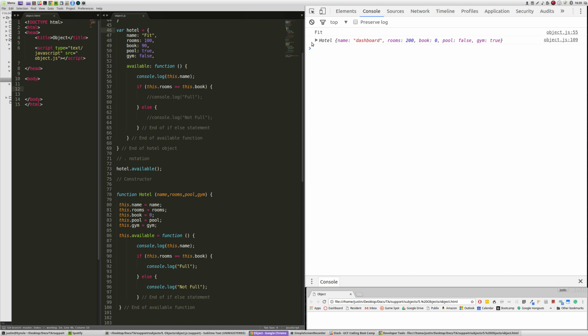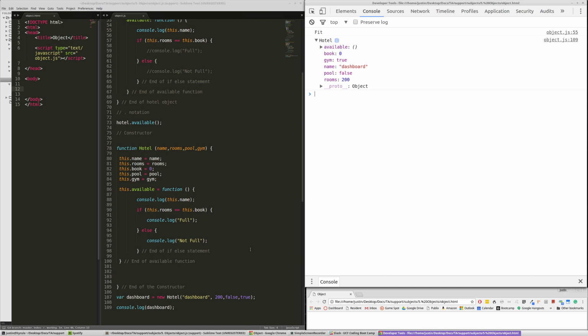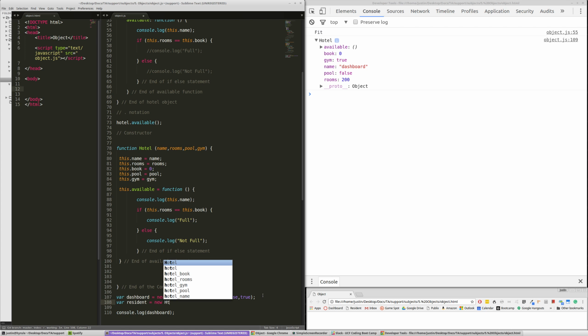Oh, okay. See, look at this. We console logged an object. Yay! So you can see booked is 0. Gym is true. Dashboard, false. 200. That's exactly what we put in here. So now notice we wanted to make all these different things. So now it's just a simple matter of